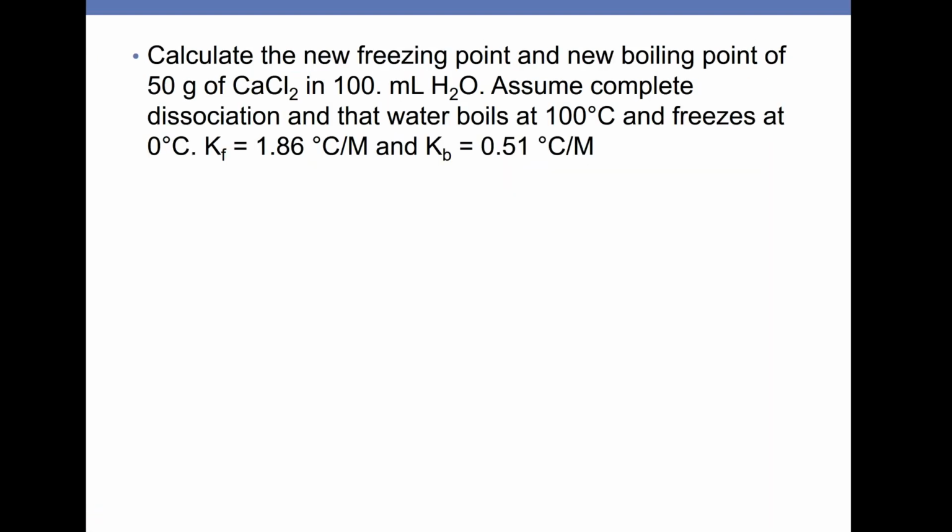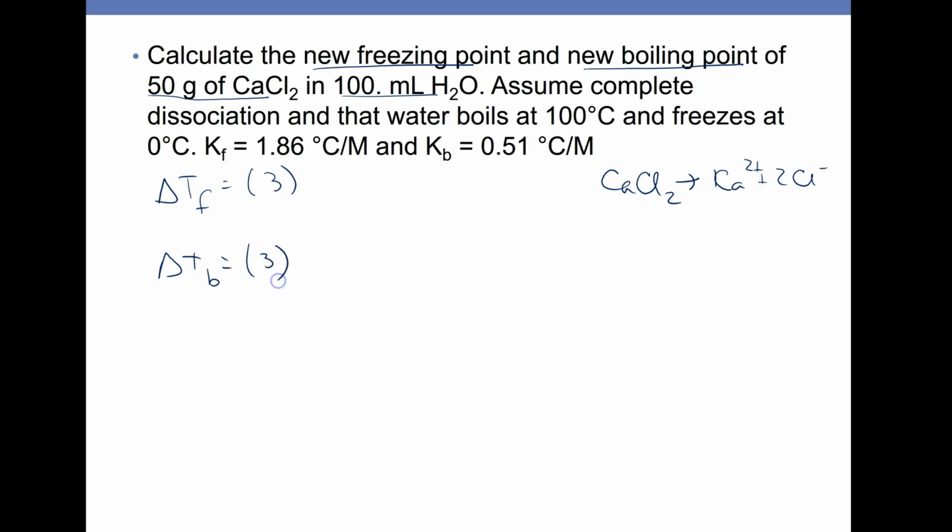Okay, so calculate the new freezing point and the new boiling point. So here's where it's going to come in. 50 grams of calcium chloride and 100 milliliters of water. Okay, so again, delta TF and delta TB. First thing you need to recognize is that calcium chloride turns into calcium ion and 2 chloride ions. That means my ions are